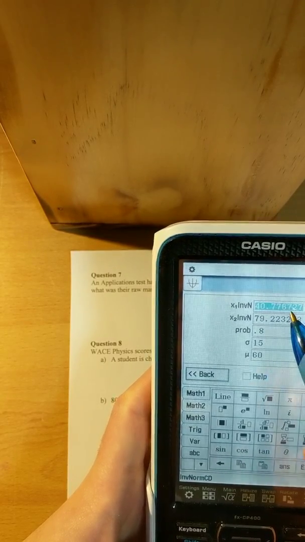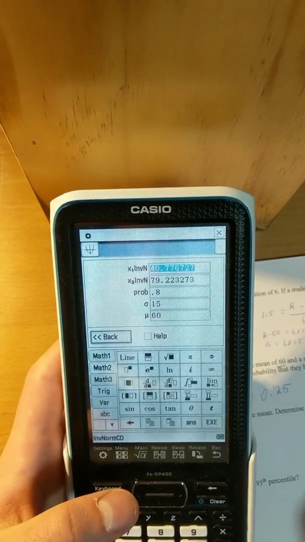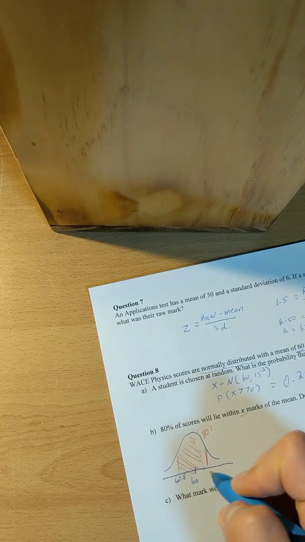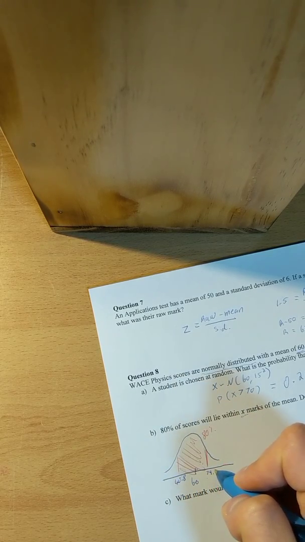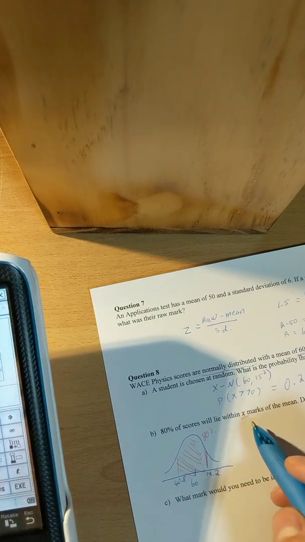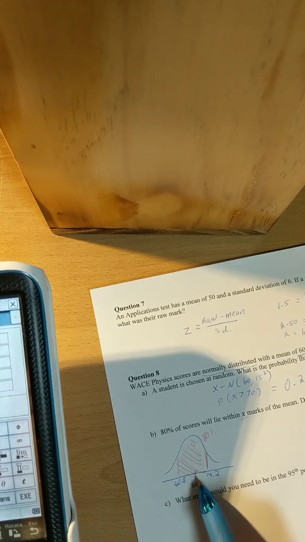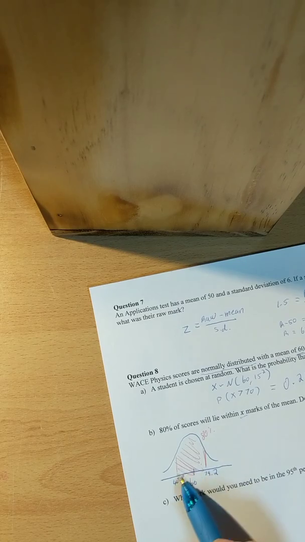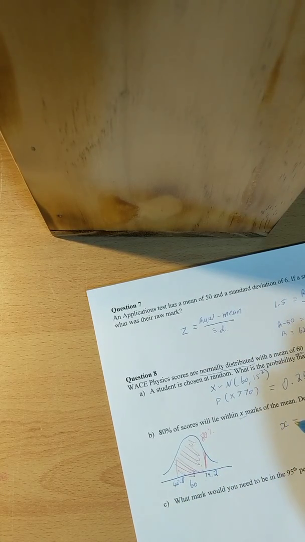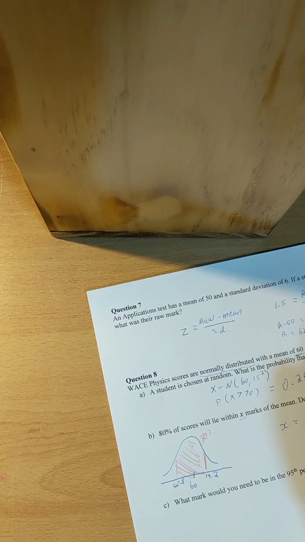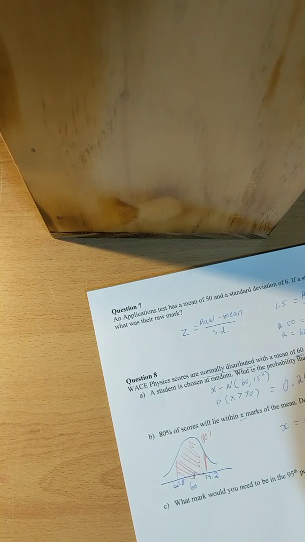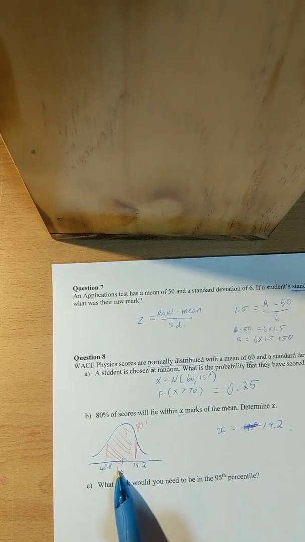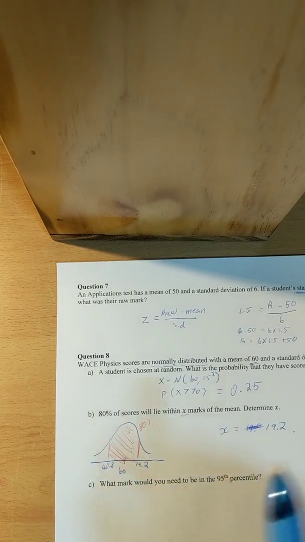And I get that my 2 marks here are 40.8 and 79.2. So what that means is that this one is 40.8 and here is 79.2. So if it's within X marks of the mean, then we're only looking for the distance between the mean and this mark, or the mean and this mark. They should be the same. And so X equals 19.2. X equals 19.2 because within 19.2 marks of the mean on either side, that's where 80% of the scores